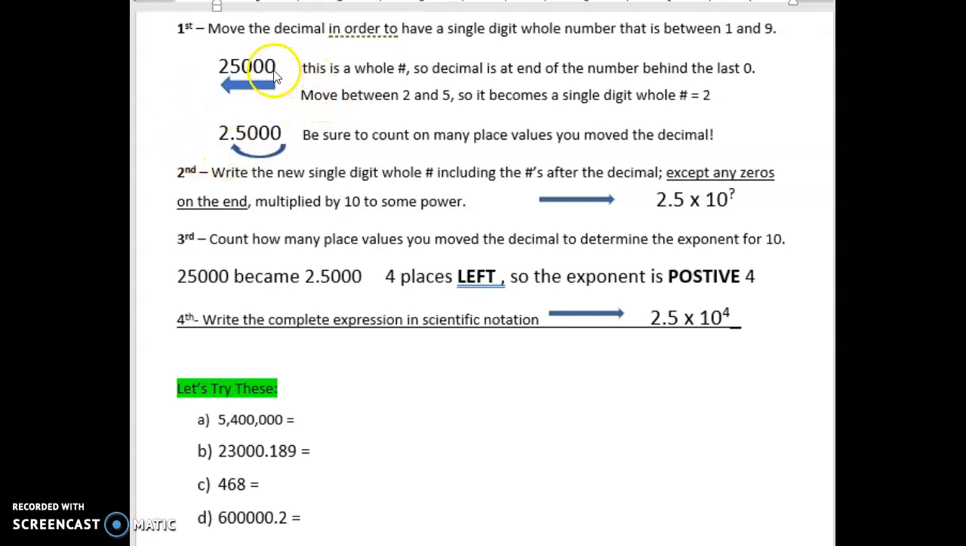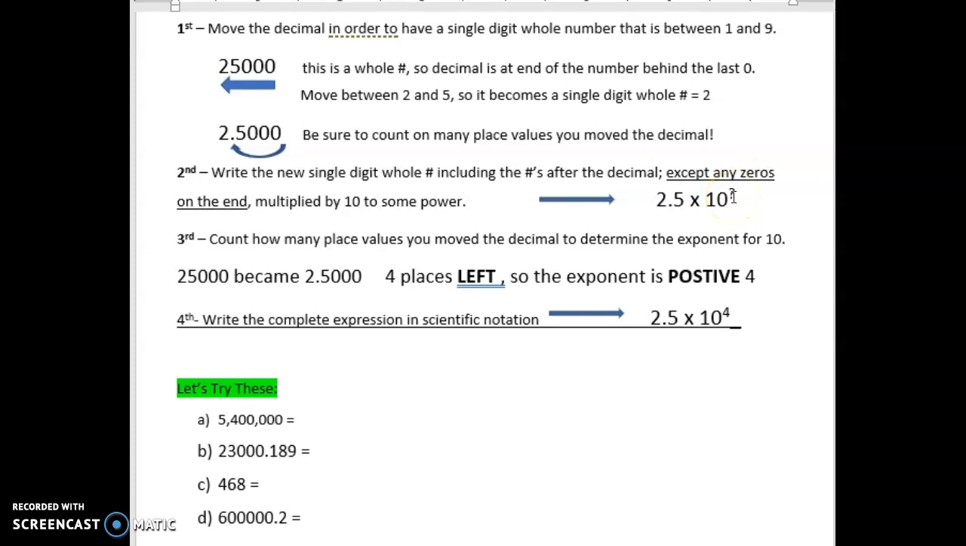So in 25,000, the decimal is behind the last zero, and I need to move it so that it is in between the 2 and the 5. This becomes a whole number, 2.5. So let's count to see how many decimal places we had to move. 1, 2, 3, 4. 25,000 now becomes 2.5, and we can write that single digit number 2.5 times 10 to